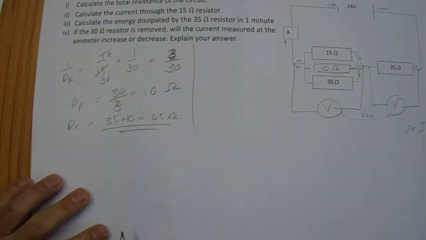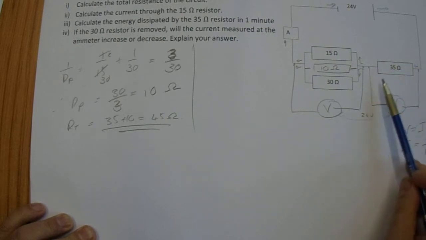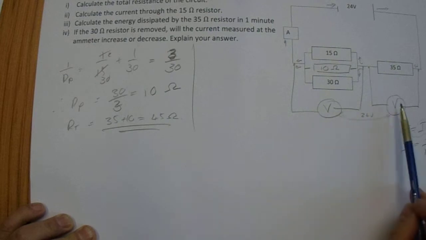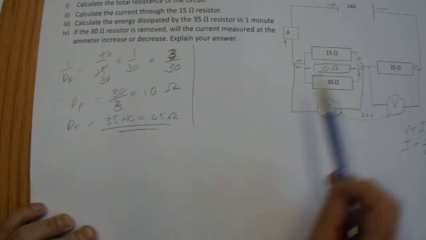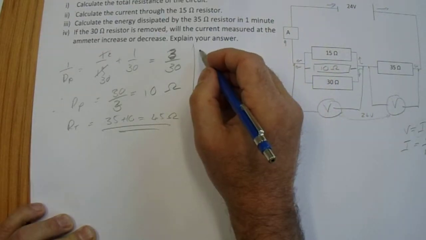So now we want to calculate the current through the 15 ohm resistor. Well, to do that we need to calculate the voltage drop, because I will equal V over R. So what we'll do is, we've got enough information here now where we can calculate the voltage drop at this side, and then whatever 24 minus that will equal the voltage drop across there, which will allow us to calculate the current. So working here,